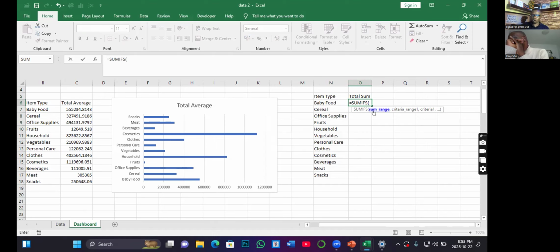We have a constant, which is sum range. Now, this sum range must be an integer or a number data type. That is one thing you must make sure that you understand. You cannot supply a string, that is text. It must be a number. And if you look at that analysis question,